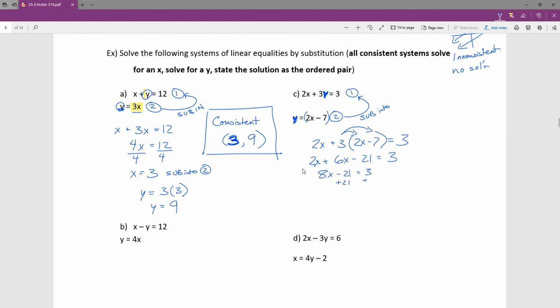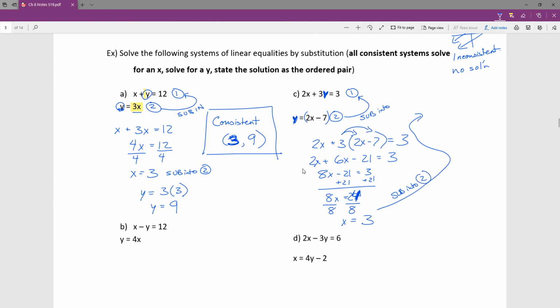Adding 21 to both sides, I get 8x equaling 24. And then finishing up, dividing by 8, a lot of work, x equals 3. So now that x equals 3 on this, I'm able to take that and sub it into 2. So I'm going to take this up to the top here. I'm going to sub it into